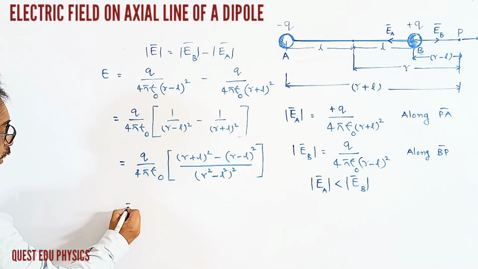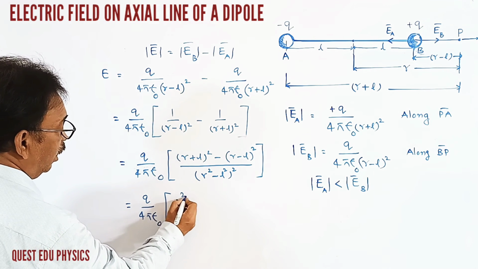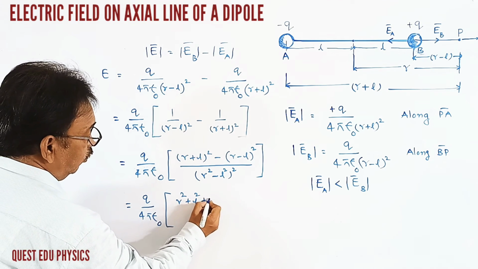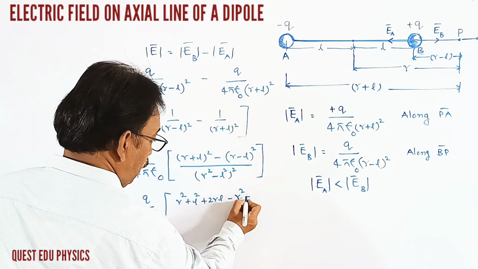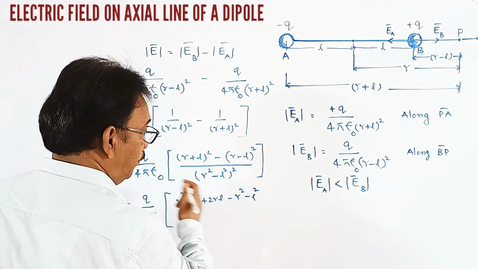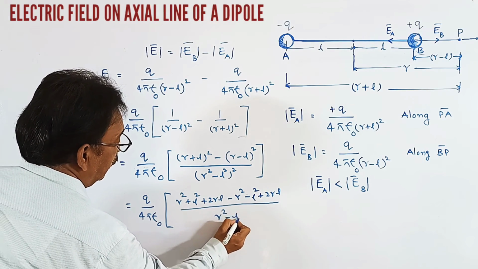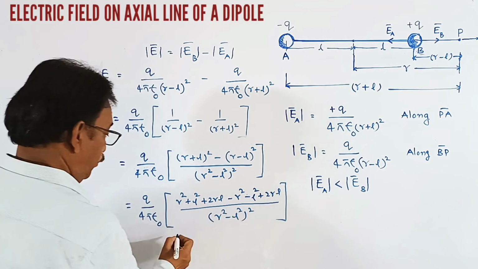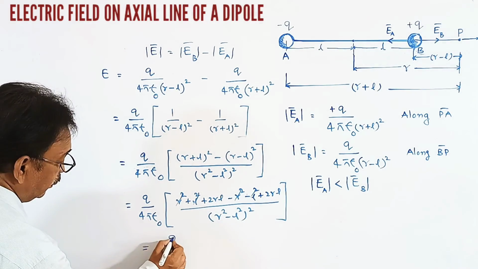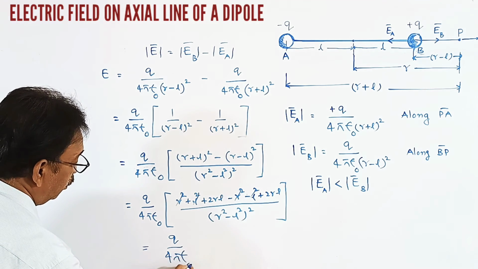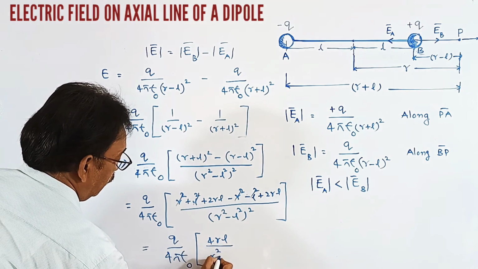Well, students, further it can be written as Q by 4 pi epsilon naught into R square plus L square plus 2RL minus R square minus L square plus 2RL by R square minus L square whole square, students. And further, R square and L square get cancelled and we get Q by 4 pi epsilon naught into 4RL by R square minus L square